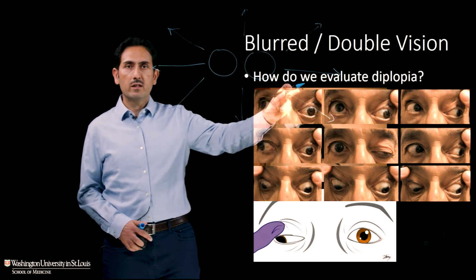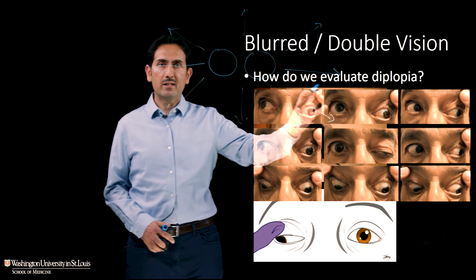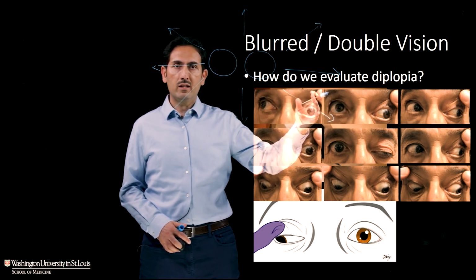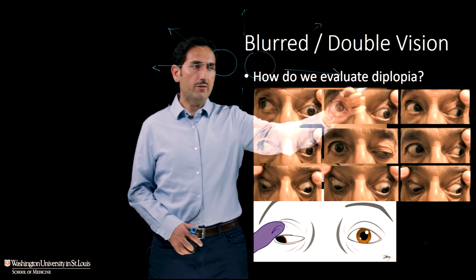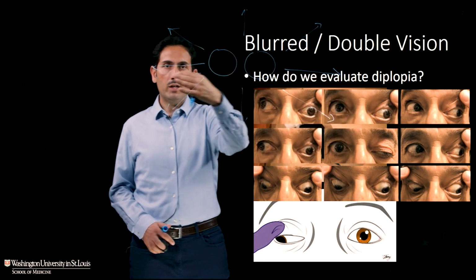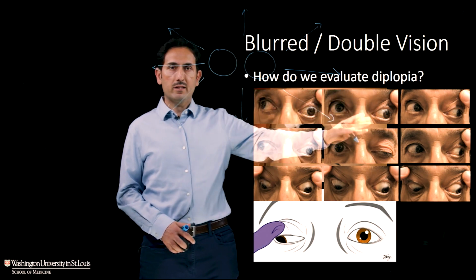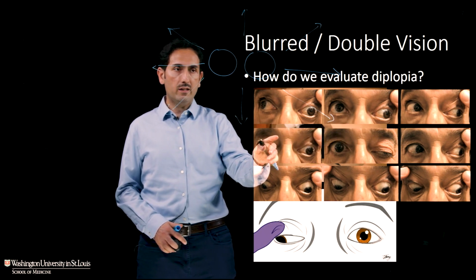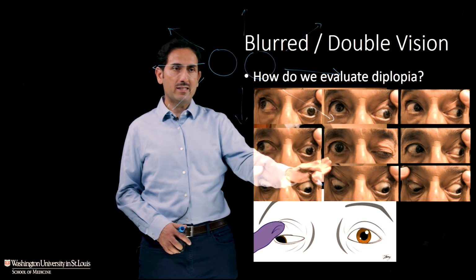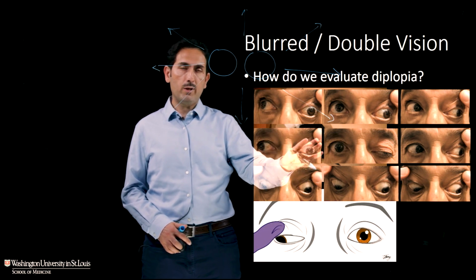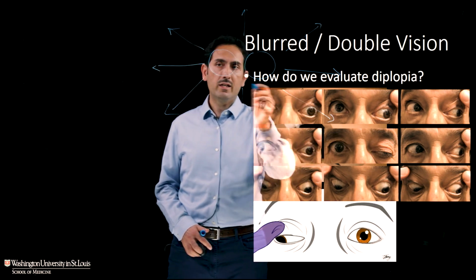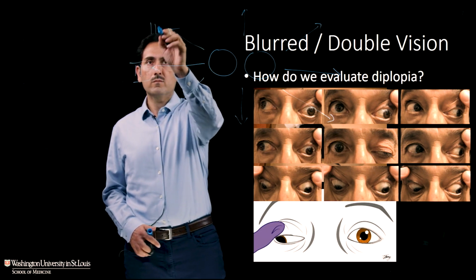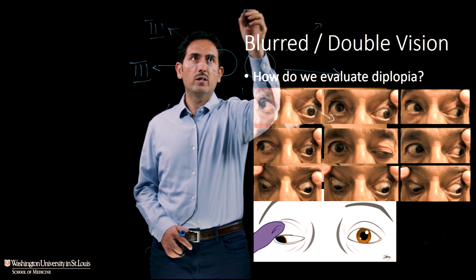What you see in this image is that the left eye, first of all, has a droopy eyelid, and when the other eye is looking to the right, this left eye is not able to look to the left, and that's over here. You see that the eye is staying in position. If anything, it's down and out. And that's typical of a third nerve palsy, because what the third nerve does is it moves the eye in all these directions. And that's why you see this in this image.